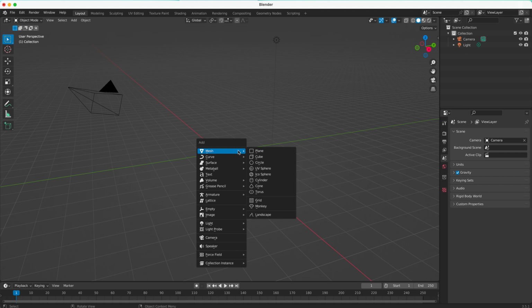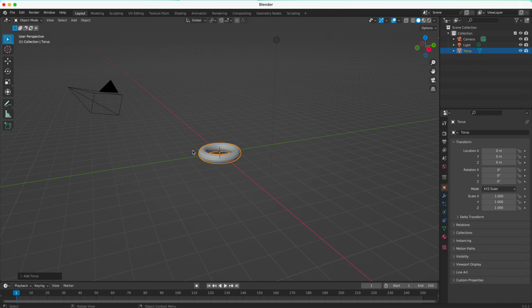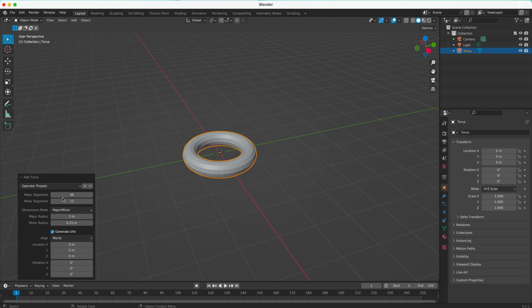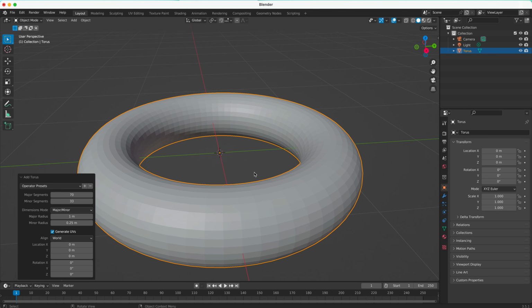And you can see we can slide across from mesh, and we have a choice of some primitive objects, or meshes, as they call them in Blender. So if I click on the torus, you can see it looks like this. Right away, before you touch or click anything, come over to this drop up menu where it says Add Torus. In here you have the opportunity to change the amount of segments this object has. So if I wanted this to be a little bit higher resolution, maybe I can bump up some of these numbers. You see now I have more of a rounded